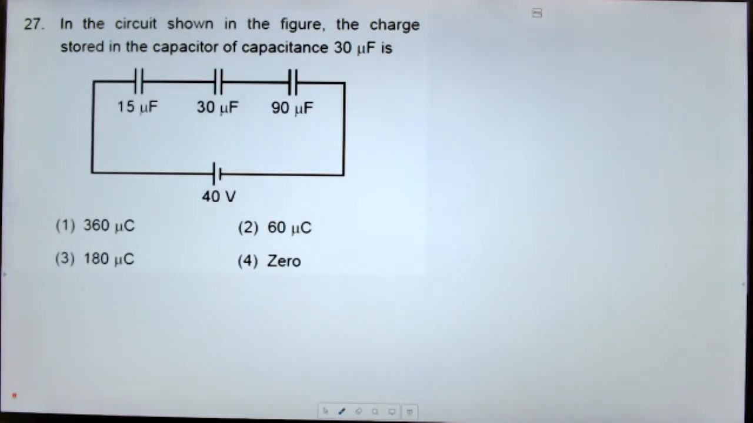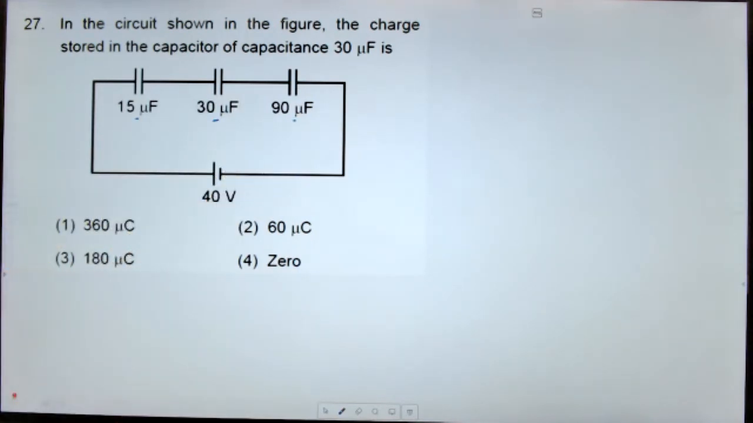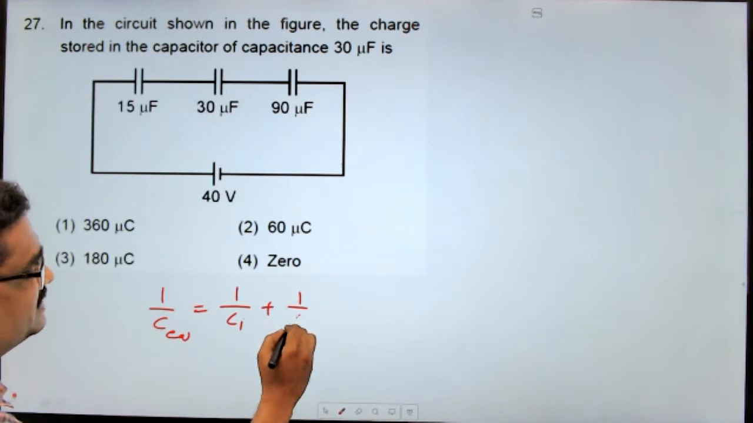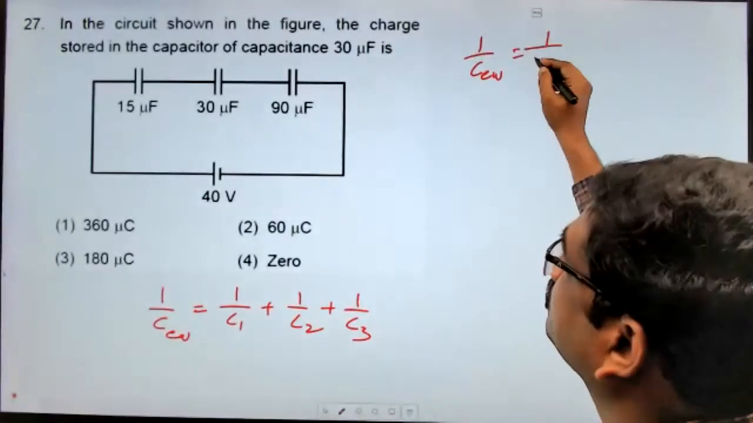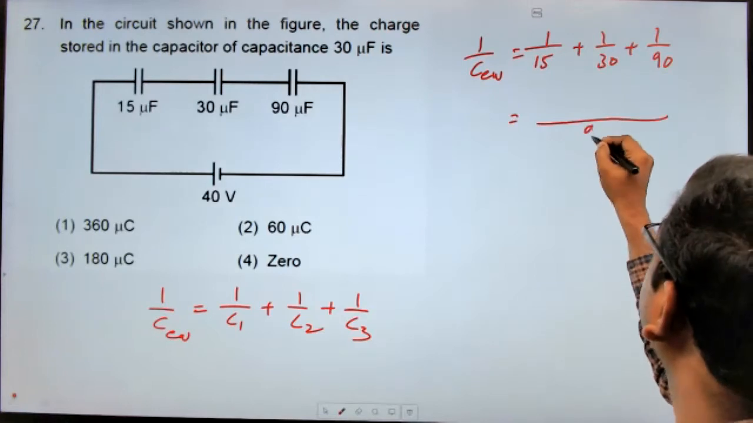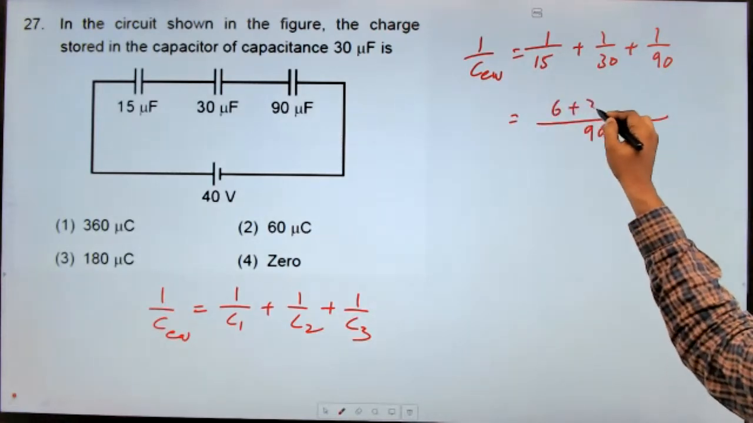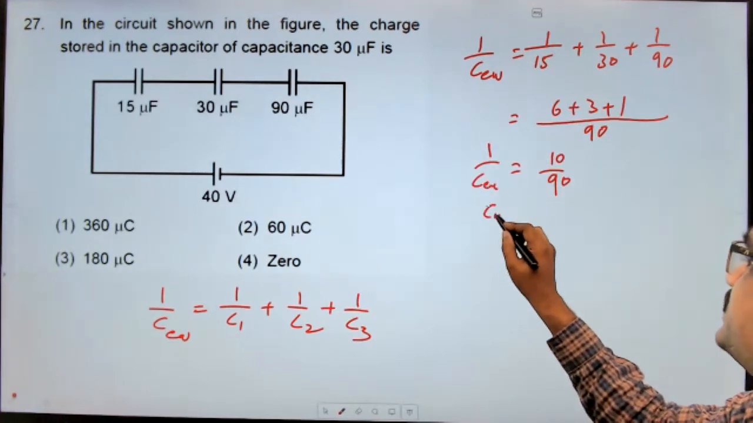Next, 27. In the circuit shown in the figure, the charge is stored in the capacitor of 30 microfarad. So these three are in series, right? So that same charge will be there on each and every capacitor. Now calculate equivalent capacitance. These are in series, so 1 by C equivalent equal to 1 by C1 plus 1 by C2 plus 1 by C3. Substitute and solve: 1 by 15 plus 1 by 30 plus 1 by 90. Now what is the LCM? 90 is the LCM. So 6 plus 3 plus 1, that equal to 10 by 90. This is 1 by C equivalent. C equivalent equal to 9